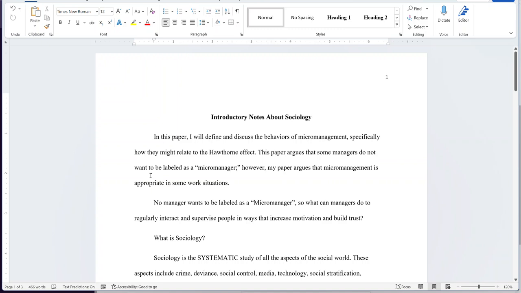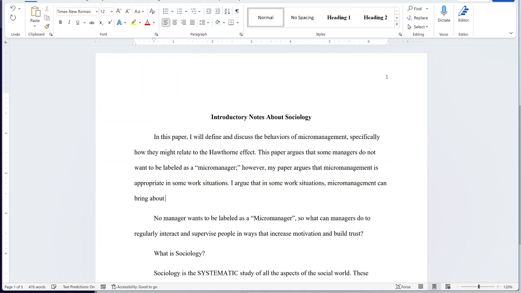paper argues that some managers do not want to be labeled as a micromanager. However, my paper argues that micromanagement is appropriate in some work situations. I argue that in some work situations, micromanagement can bring about a greater sense of trust among some workers. Okay,